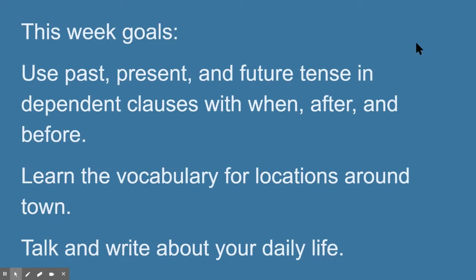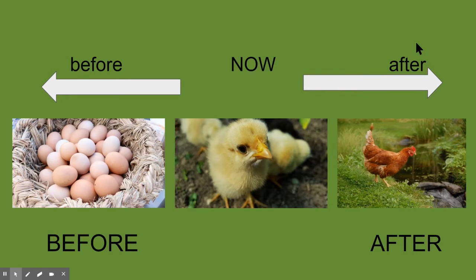So our goals for this week are to use the past, present, and future tense in dependent clauses with when, after, and before. We're going to learn the vocabulary for locations around town, and we want to read and write about our daily lives. So just as a review,